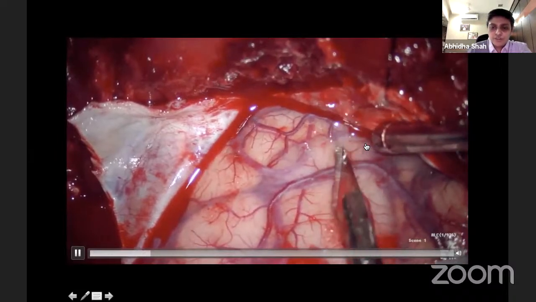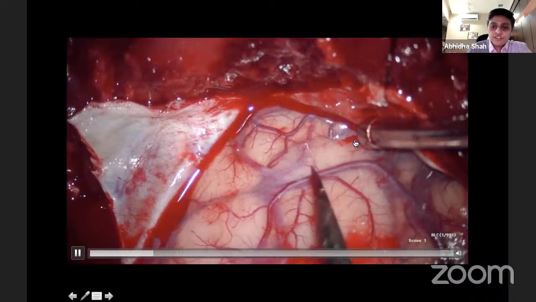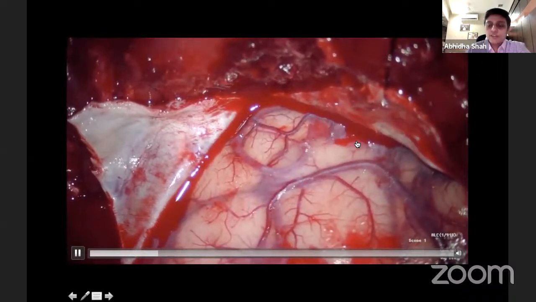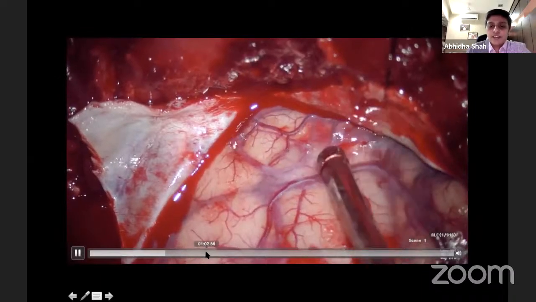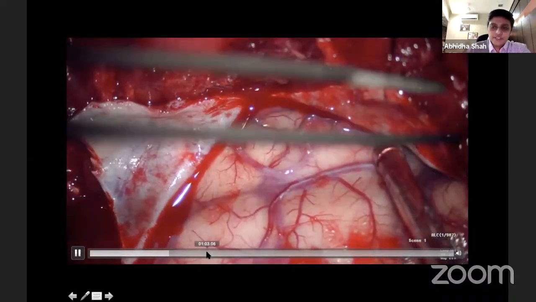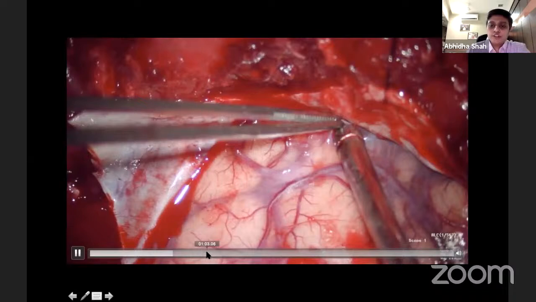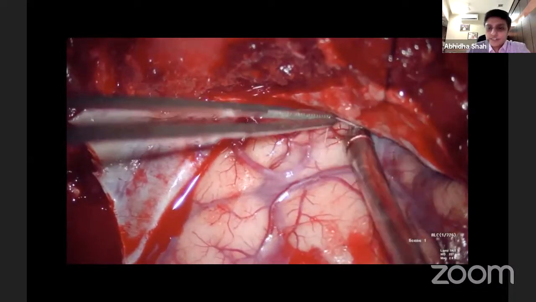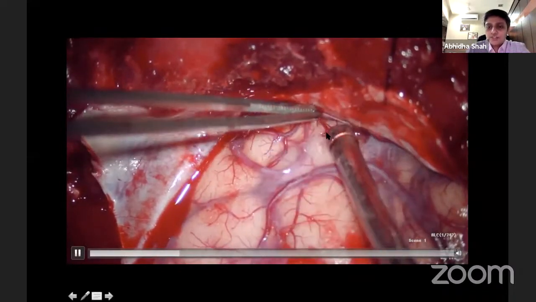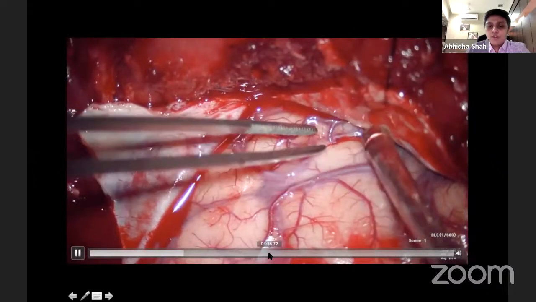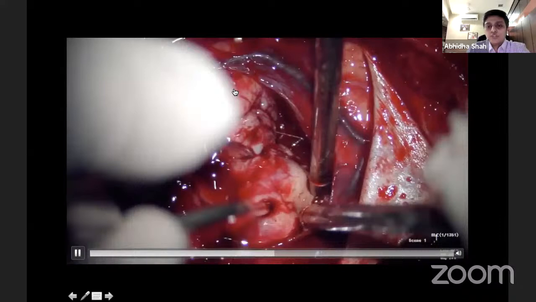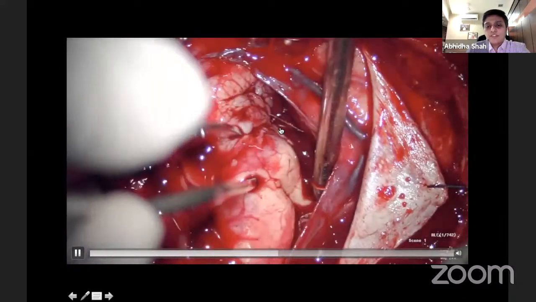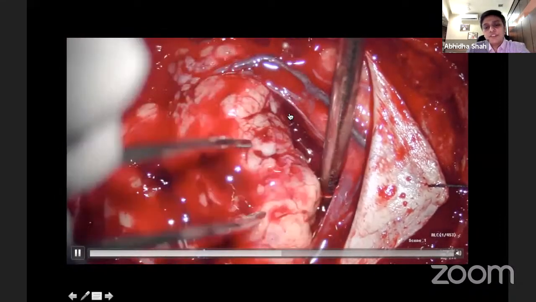I'm not sure if you can appreciate, but once you are inside the operation theater and seeing under the microscope, you can definitely make this distinction and identify a low-grade glioma from the normal cortex. It takes time. It takes experience. But once you start doing it, you will be able to identify it. See, you can see this tumor, and you can see the well-defined plane that is being formed around the tumor. And here you can see again that it is being dissected. So you could identify it from the normal cortex, and the whole tumor is being resected in an en masse